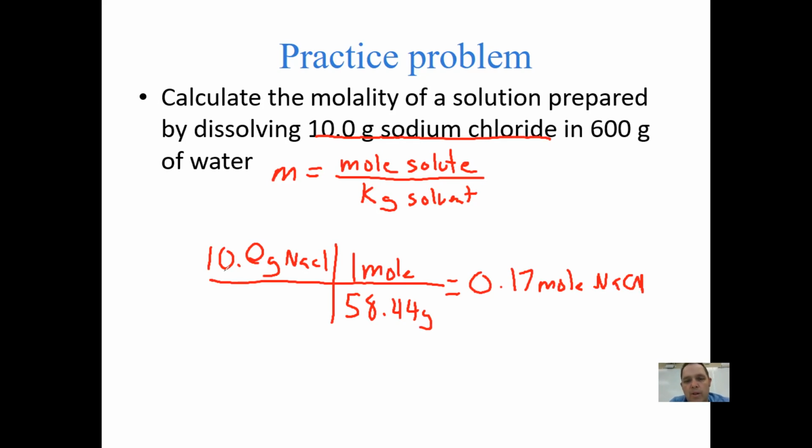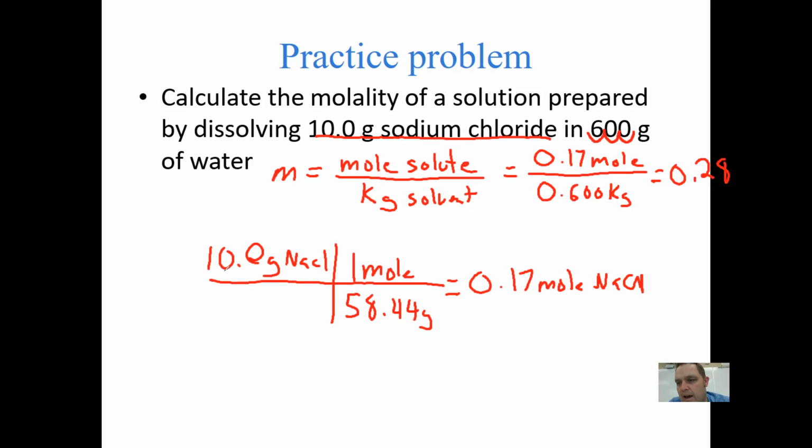Now the bottom number, I really don't think we need to do any math. We just have to remember that we can move the decimal 3 spots to the left to get kilograms. So let's just fill that in. We have 0.17 moles divided by 0.600 kilograms. And my final answer, when I do this, is